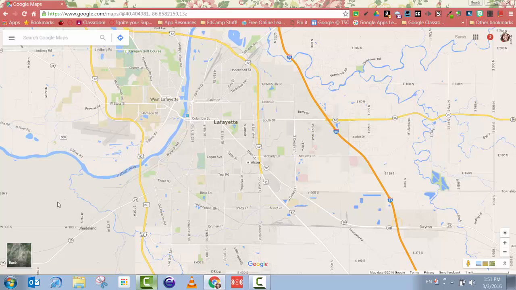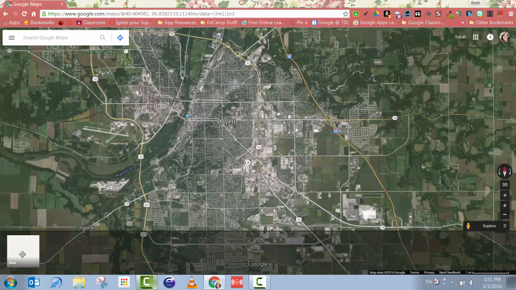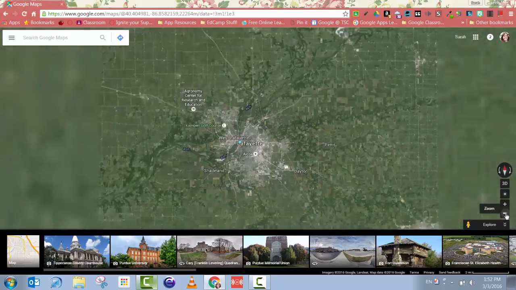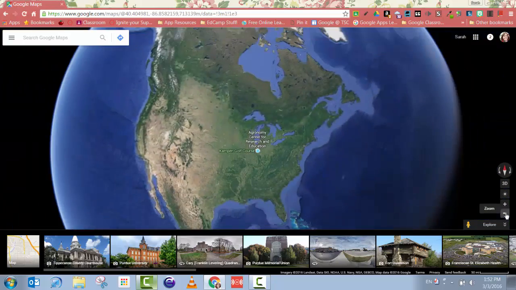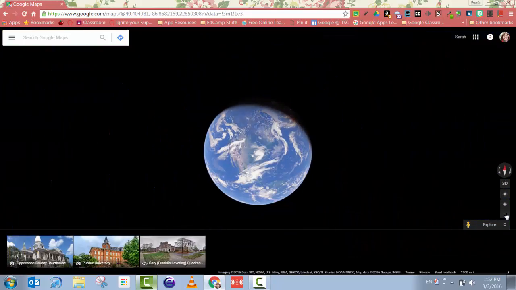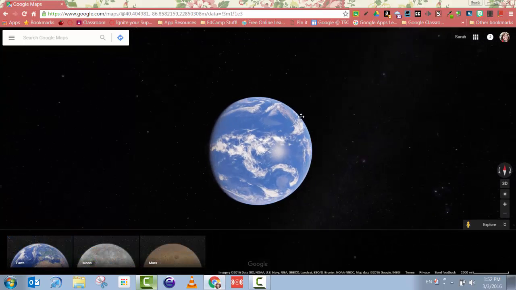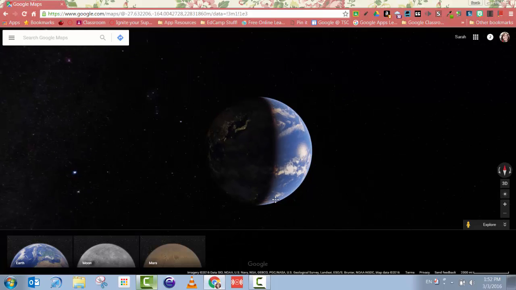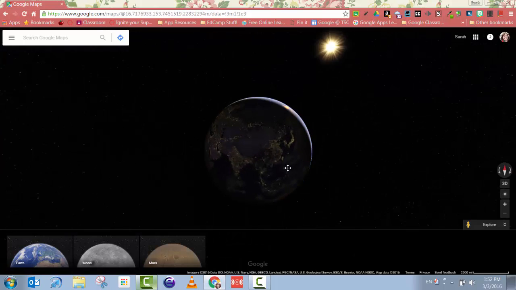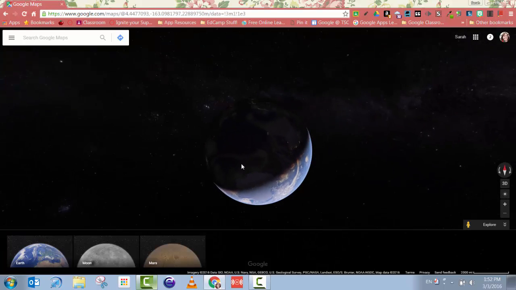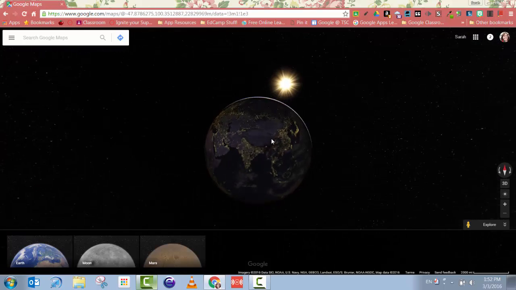In the bottom left-hand corner, we have a little square here that says Earth. We're going to click that first, and then we're going to use in the bottom right-hand corner our zoom buttons. I'm going to zoom all the way out, and you'll see what happens here. So now I've got this nice picture of Earth, and what I'm able to do is use my mouse and click around and move Earth, so we can really have students explore what Earth looks like from space with some